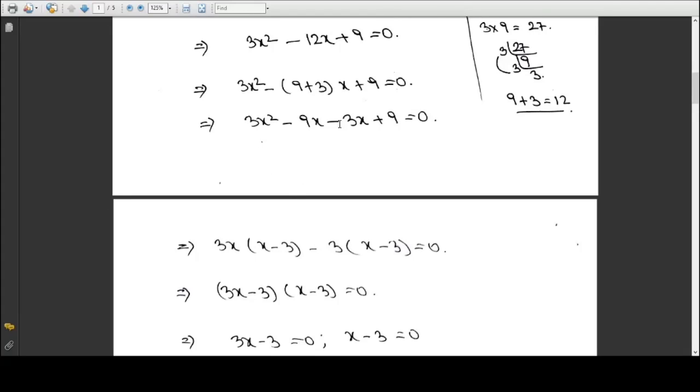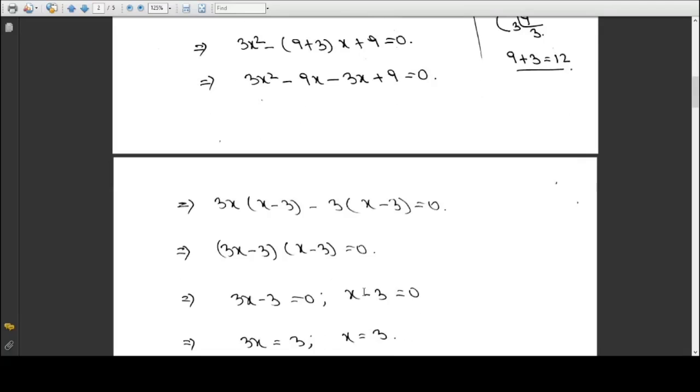Then here in the third and fourth terms, a minus sign is there between these two, and 3 is common. 3 multiply x is 3x, or 3x divided by 3 you will get x. 9 divided by 3, you will get 3. Here the sign is changed. Why? Because this minus you have to multiply with plus, you get minus sign, and the right side is 0. You see that the term within the bracket is the same. That means you will get 3x minus 3, and then x minus 3 is 0, which means that either of them should be 0.